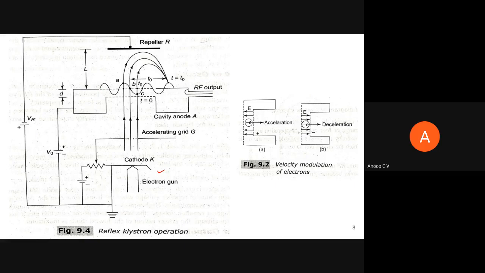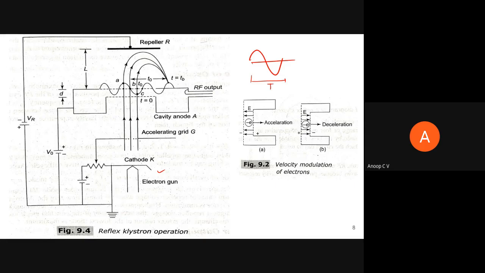Here I told you in the resonant cavity there will be noise buildup, and that noise will sustain at the resonant frequency. If the time period of that resonant frequency is T, there will be a time varying electromagnetic field within this grid gap. There will be a time varying electromagnetic field within this grid gap.